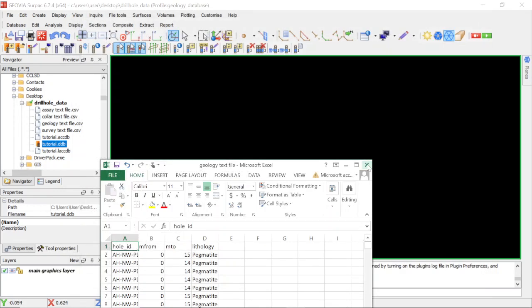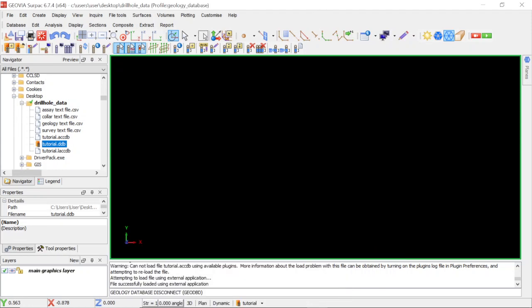So congratulations guys, you've just learned how you create a new database in Surpac, a database of your choice. Here we're using Access database. So what we're going to do is, in the next tutorial we're going to learn how we import